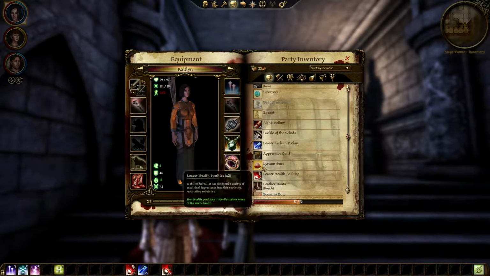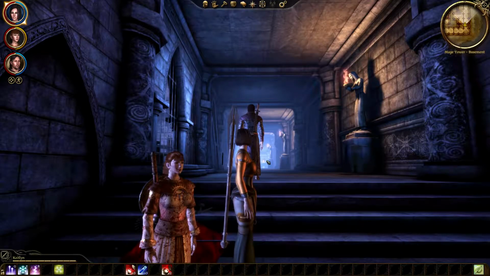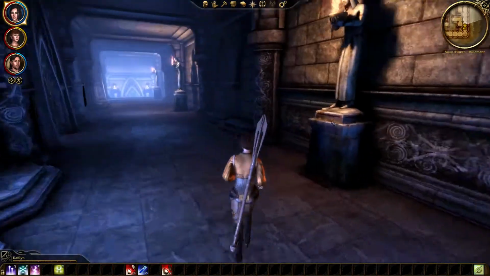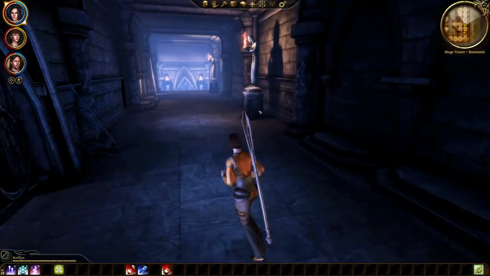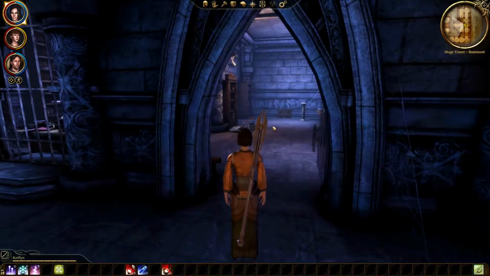I like how these poultices don't tell you how much health they restore. I don't know if it's a percentage or just a flat amount. I don't know what the amount is. I mean, it's not really going to be a big deal, but just as a general rule, I think games should give a better...